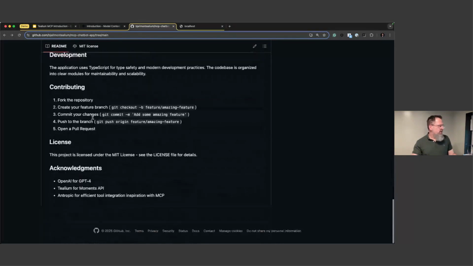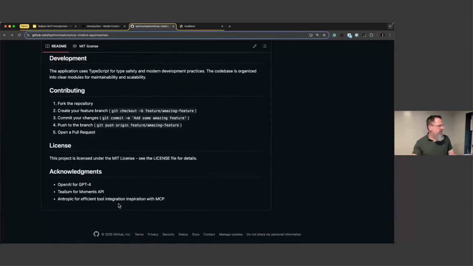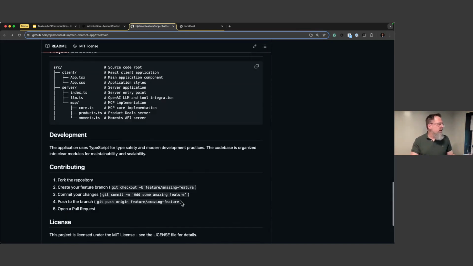Some acknowledgements here. OpenAI API for GPT-4, and I'm actually using Mini for that. Tealium Moments API, and then Anthropic for efficient tool integration, inspiration with MCP, and I do love Claude. So I just wanted to throw that out there. All right,